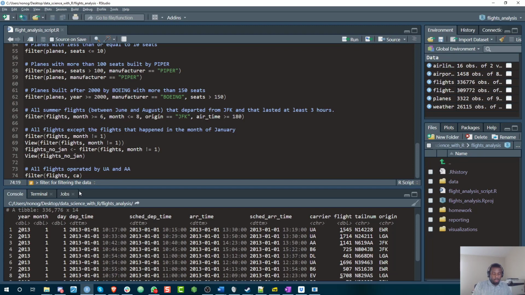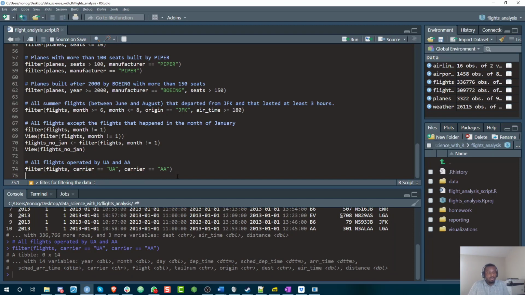Okay. All right. So we said carrier equals UA, comma, for the second one, carrier equals AA. Okay, I'm pretty sure that this is what you would do, and I just checked it on Google, guys. This is United Airlines, not Airways. Now this looks correct, but let me go ahead and execute it, and you'll see what happens in the console. Oops,